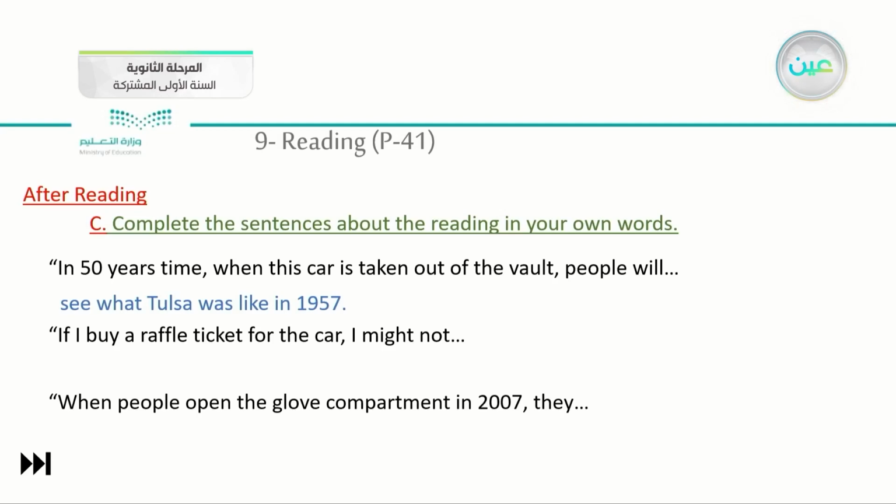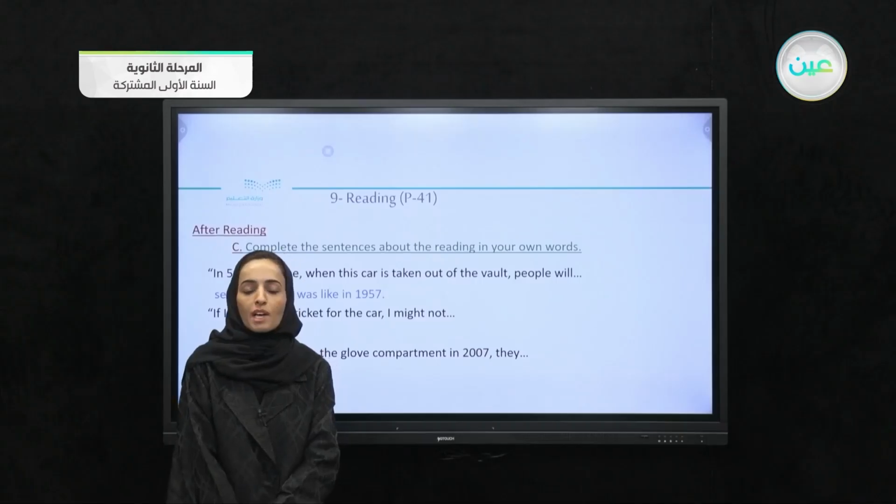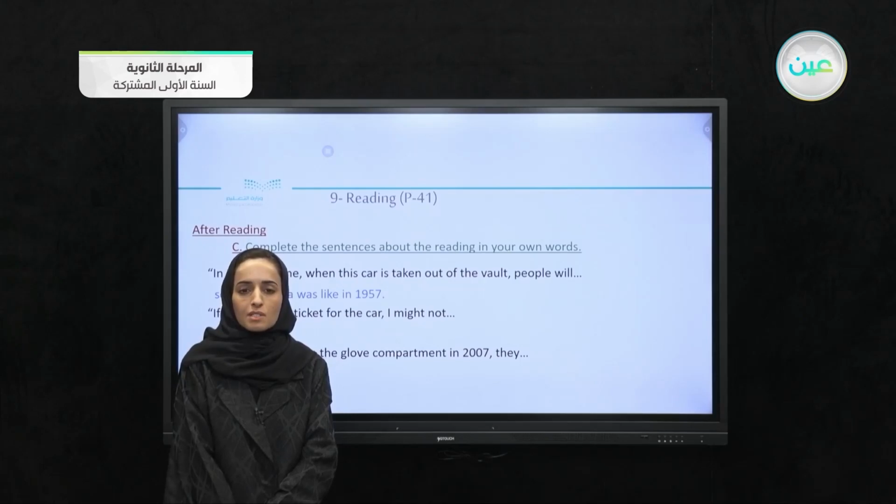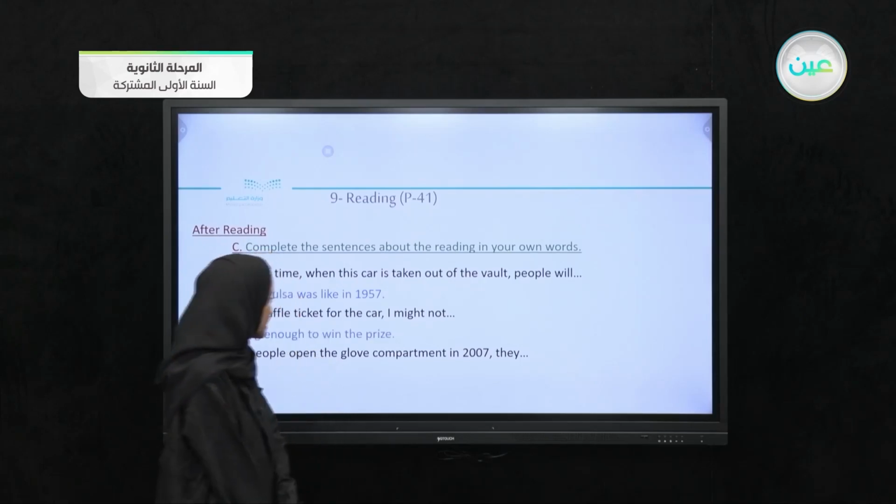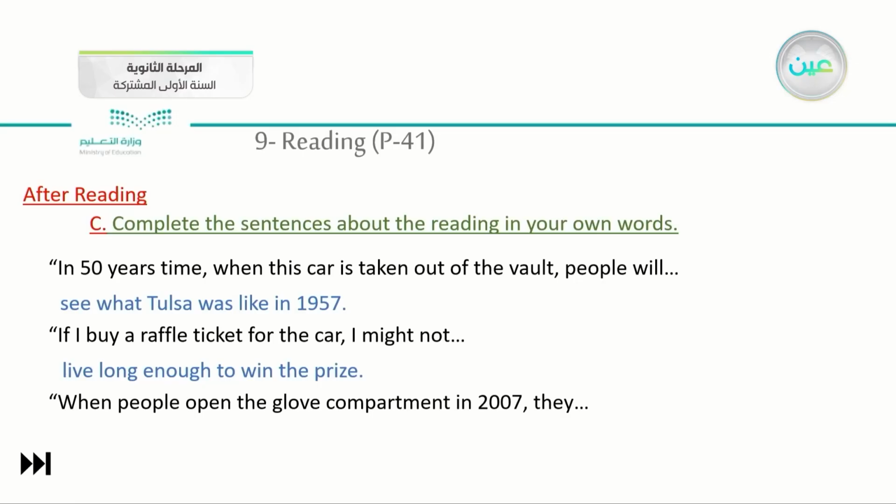If I buy a raffle ticket for the car, I might not... Imagine that you bought a raffle ticket in 1957. You might not live long enough to win the prize. That was Teddy's words, when he said, I don't think I'm going to make it. In 2007, I will be dead. I will never make it to 2007. When people opened the glove compartment in 2007,